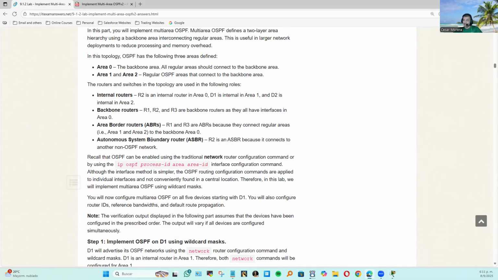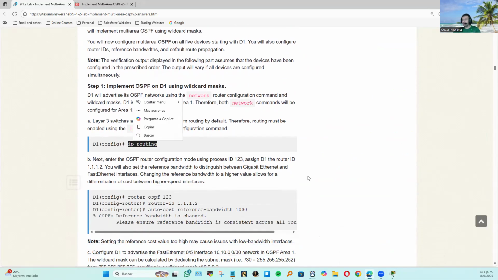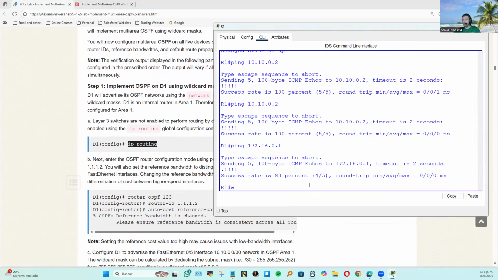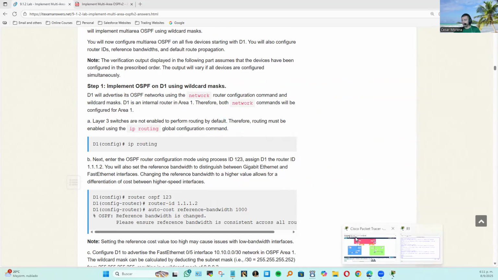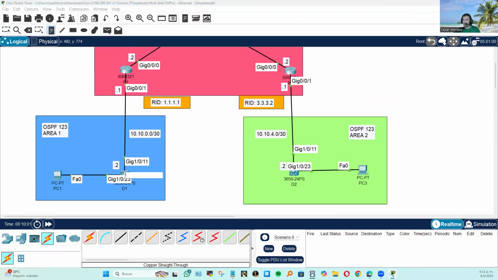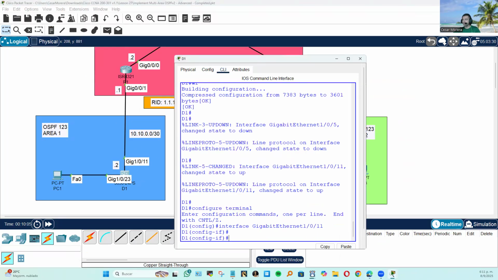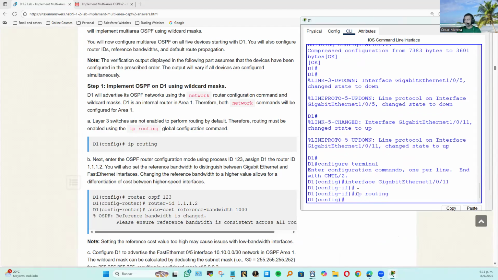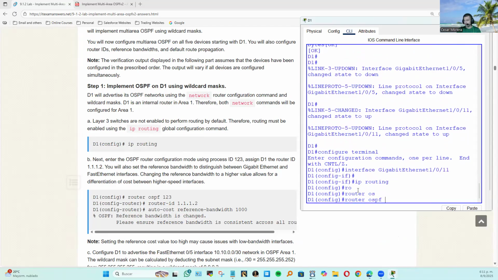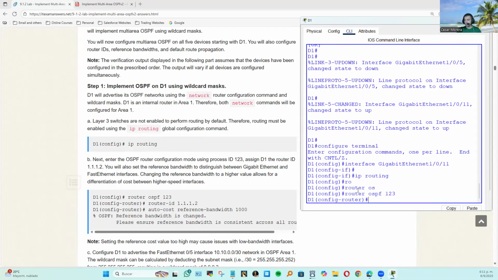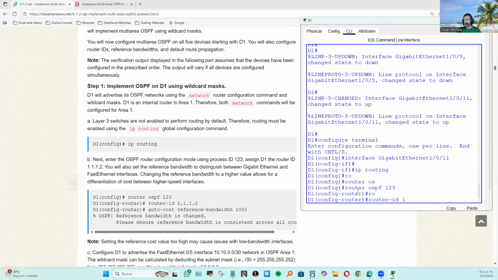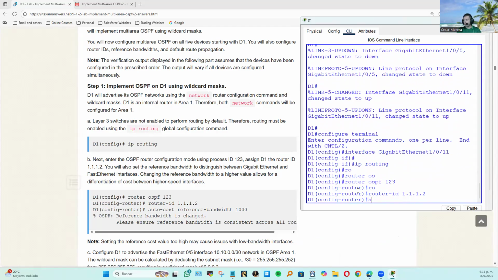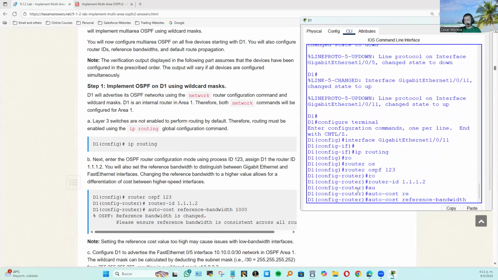Next thing we do is we need to configure IP routing on D1. So let me do a WR here and let's go to that device. D1. Okay, let's try to access it. And let's do IP routing. Okay, let's do router OSPF 123, router ID 1.1.1.2, auto-cost reference bandwidth 1000,